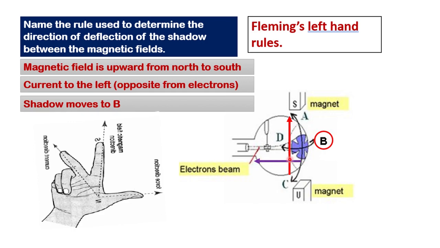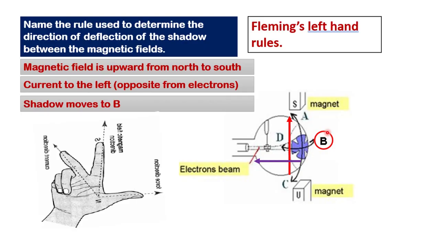Now we reverse the direction of current to the left. So the purple is the direction of the current. So the current is to the left. That's why your nail directs to this direction, from right to left. Why? Because the electron moves from the left to the right, so the current must be opposite, to the left, opposite from the electron's movement.